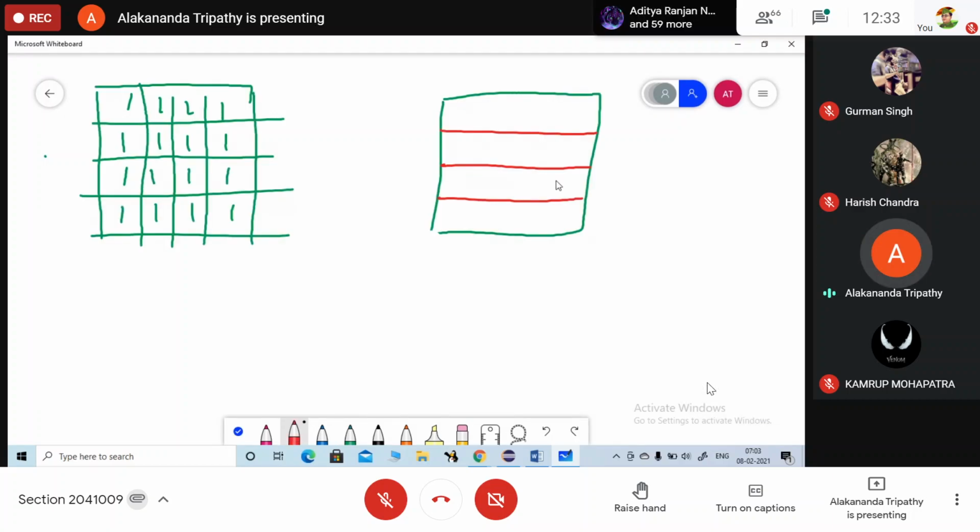So whatever will be the output, the pattern will be printed in this order: star 1, 2, 3, 4, then 1, 2, 3, 4. Check it here. I'm doing some different types of pattern. You just observe these patterns. Next one is this one.